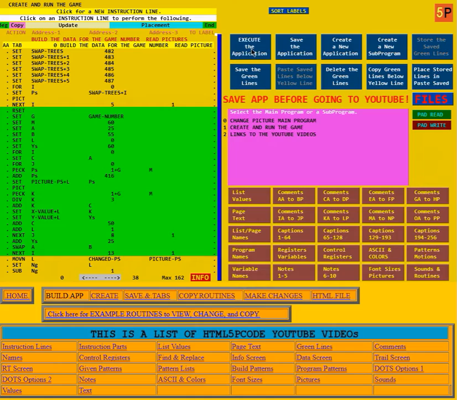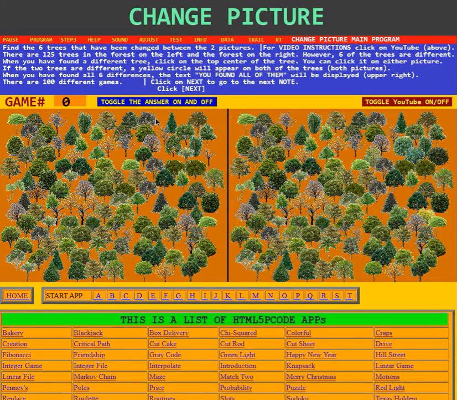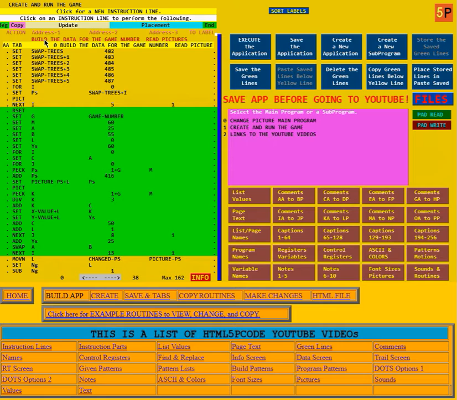And let's go look at the program, and we'll see there are rows of trees. And then there are columns of trees. We go back to the program. When it enters there, it sets the value C to A. Well, you would think that that would be the same all the time, except down here, when it switches rows, it swaps A and B. A was 25 and B was 55. It's going to swap that every time it changes rows,